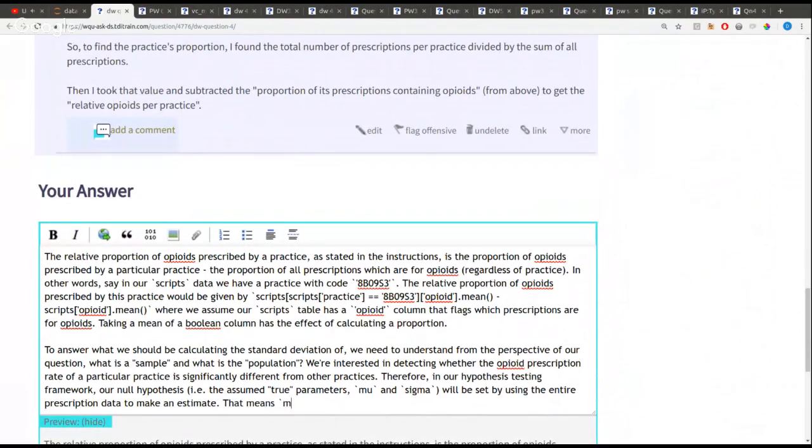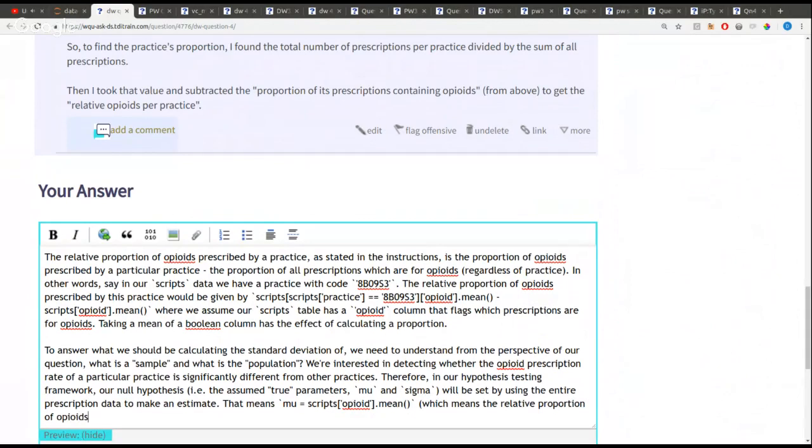That means mu equals scripts opioid mean, which means the relative proportion of opioids described above is the numerator of our z-score,